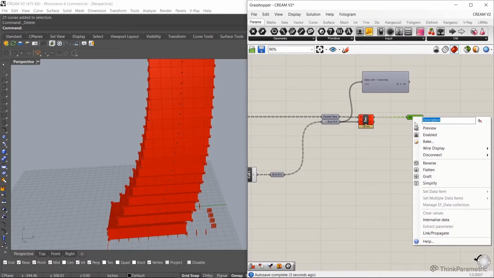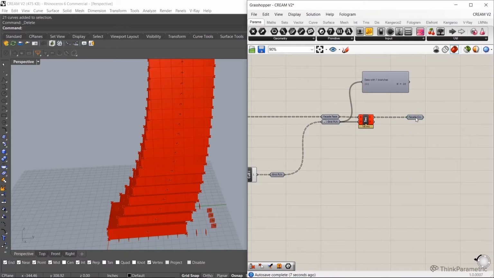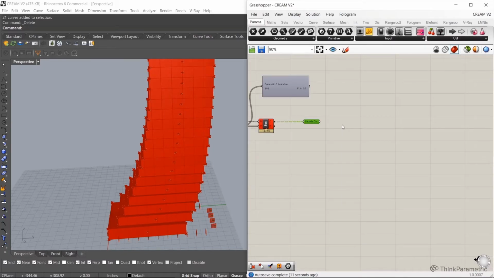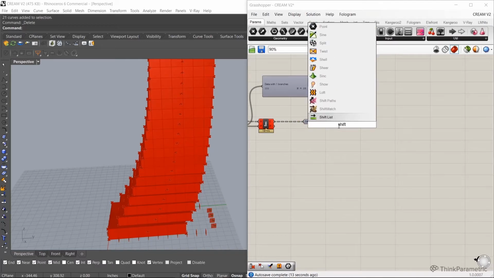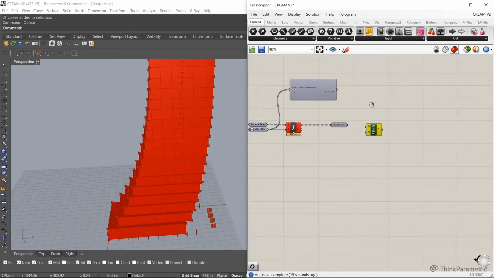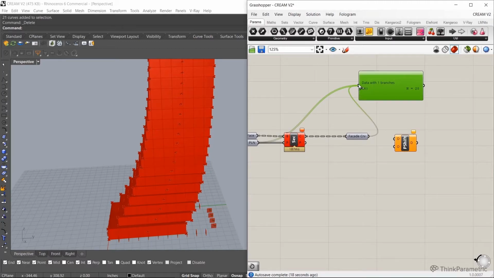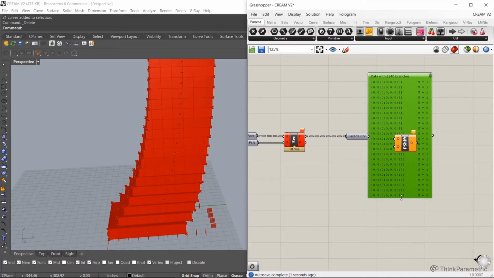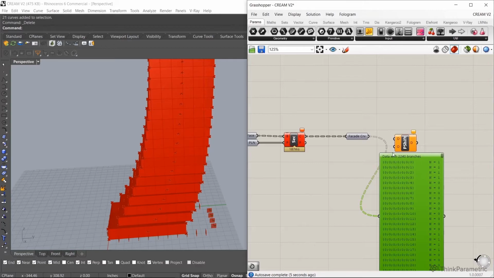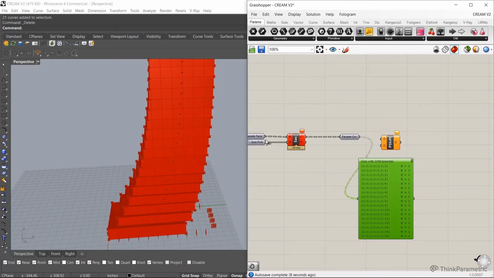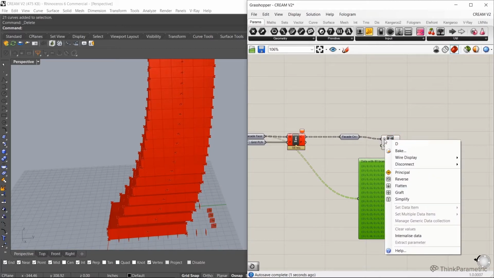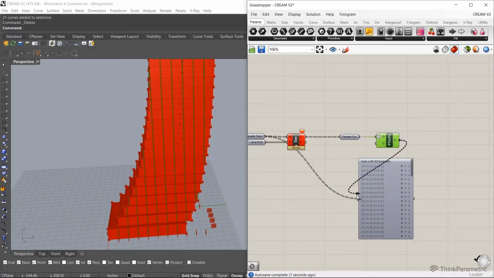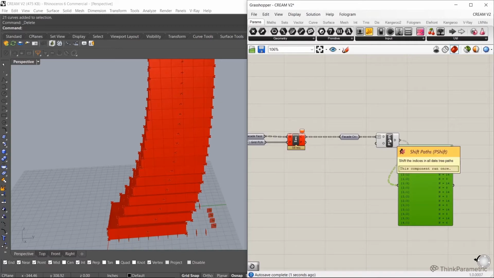Now, first of all, I want to shift these back because natively this component will graft every single one of them. So you see, I'm coming out of this with 2200 branches, and I was going into it with something like 80. So this is what the shift component does. I use the shift component, but I think trim tree also does the same thing. It's kind of slightly different. I'm a bit of a shift pather rather than a trim tree, but anyway, each to your own.